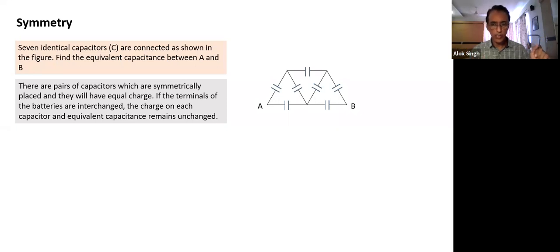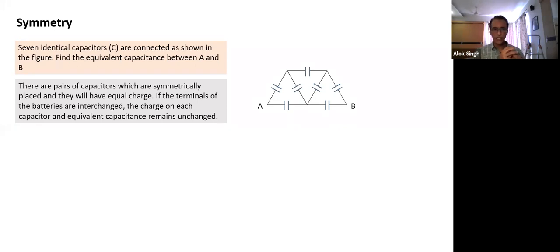So suppose, see here, if I connect the positive terminal here, this plate will end up getting positive charge. But this is when A is positive and B is negative. If we reverse the terminals, what will happen? Actually, when we reverse the terminals, keeping the voltage of the battery the same, every single capacitor's charge will remain the same, only the polarity will reverse. The plate which had positive charge will end up having negative charge. I hope this point is understood.